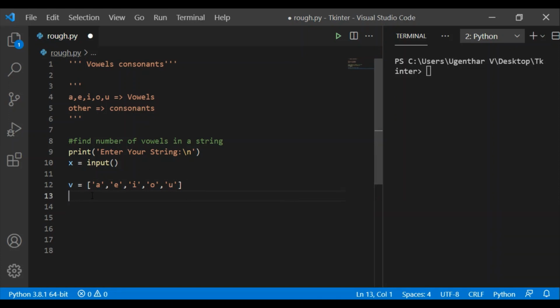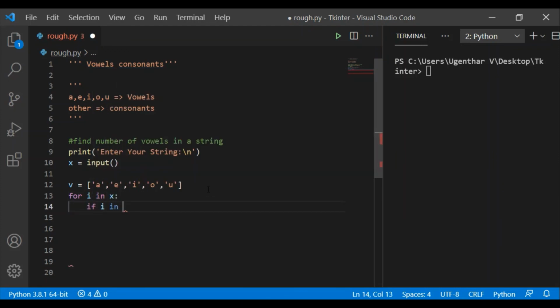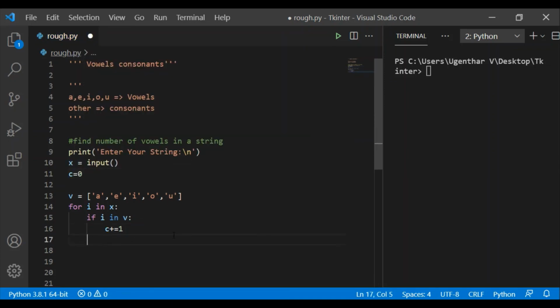Now, let me check whether the input string x has the vowels a, e, i, o, u. Now I'm iterating over x: for i in x, if i in v, then I am doing count plus equal to 1. Initially I'm setting c equal to 0.